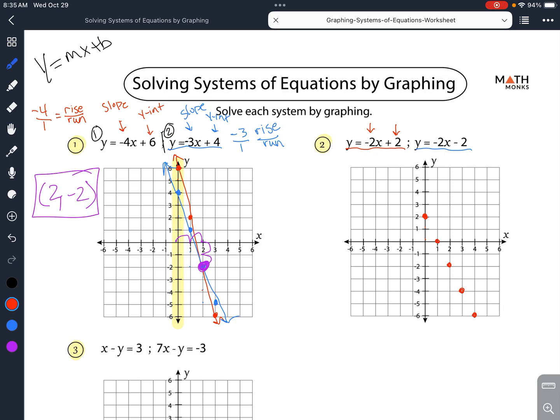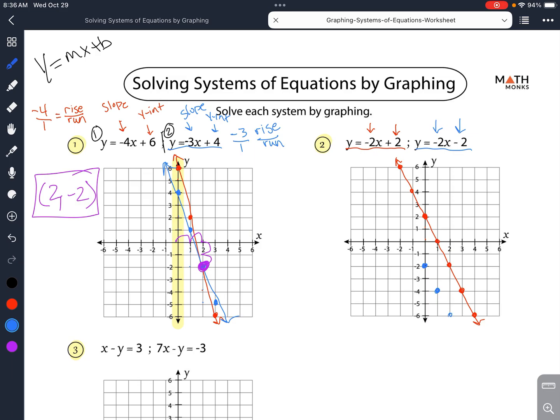And then I also want to go up a little bit, so I'm going to go up 2 to the left 1, up 2 to the left 1. And again, I'm going to connect those dots as best I can. And now I'm going to do the same thing to my second equation. My y-intercept here is at -2. My slope is still -2, so same thing. I'm going to go down 2 to the right 1,